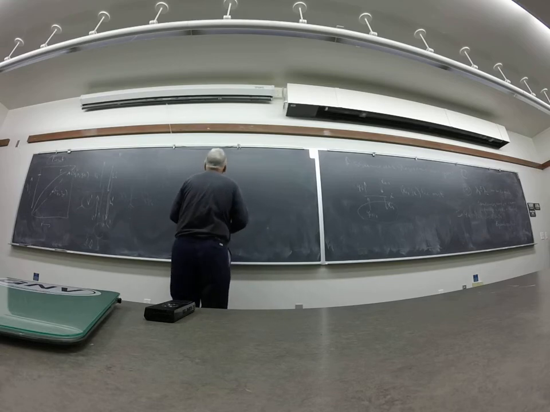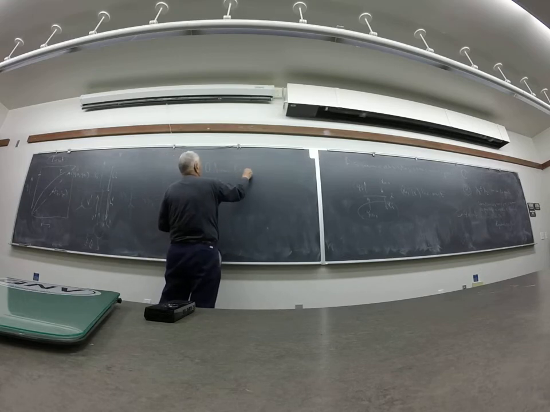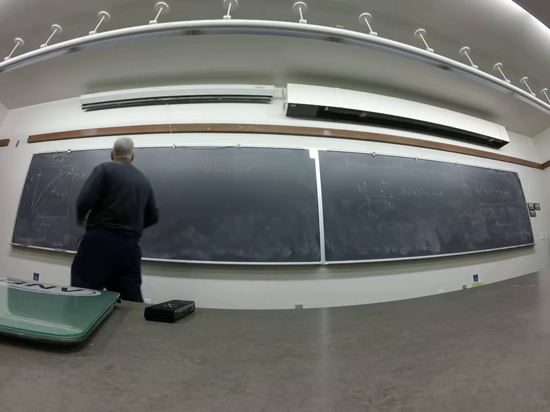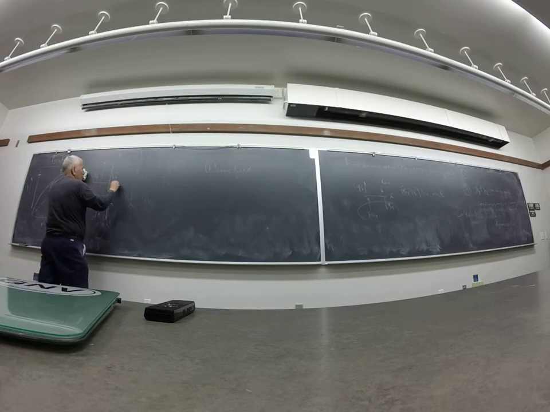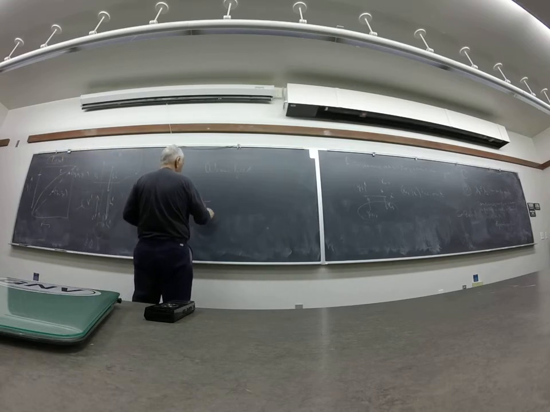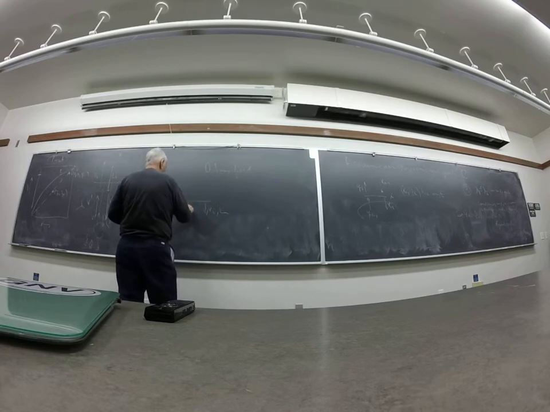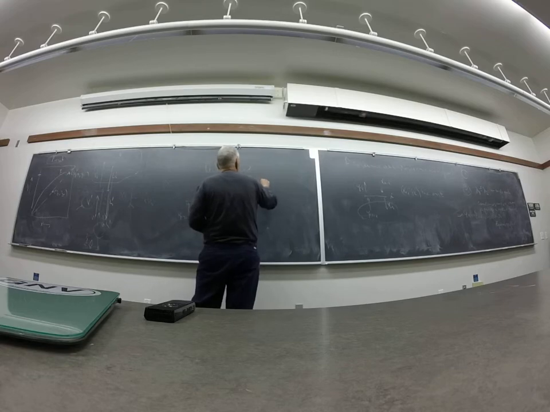Above the feed, I'm going to write a balance around here, cuts through there, comes down here, cuts through there. So it cuts through a plate here where x_i is falling off at a flow rate L, on which y_{i-1} is coming out at a flow rate V, and up here a D and a y_D is going off,